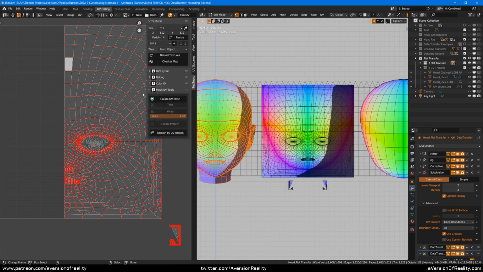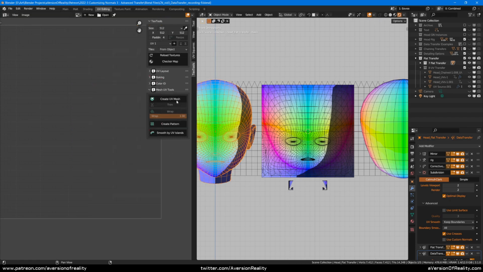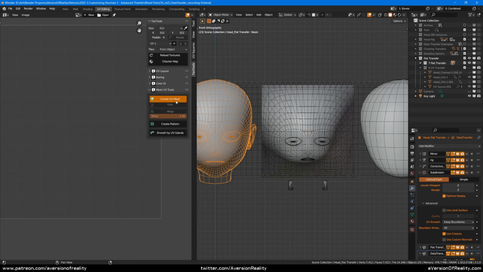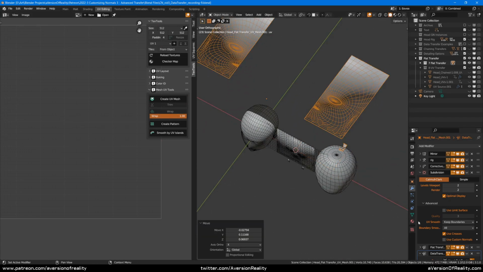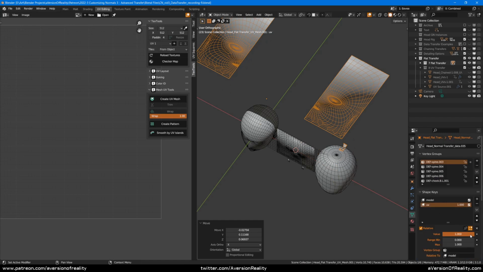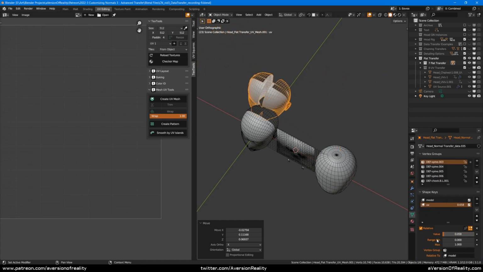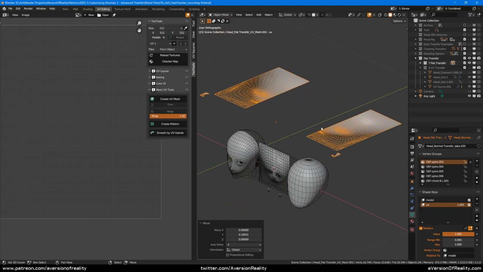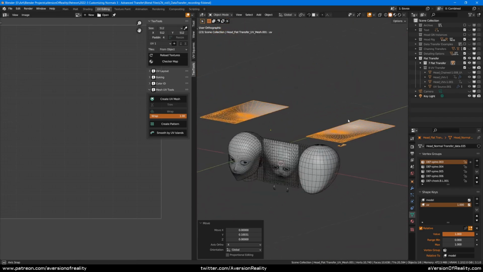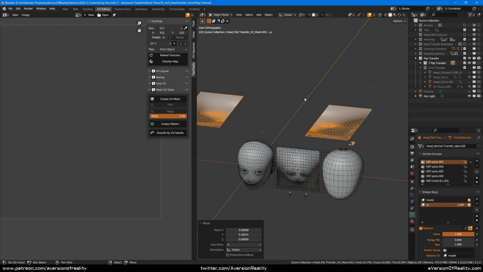And the way this is made is with an add-on called Text Tools, which has this option to create a UV mesh. And what this is doing is duplicating the object, and it makes a shape key, and the shape key is where all the vertices of the mesh have been set to match their position in UV space instead of their original world space position. And of course, we can also do this with geometry nodes, but this is where I got the idea from.